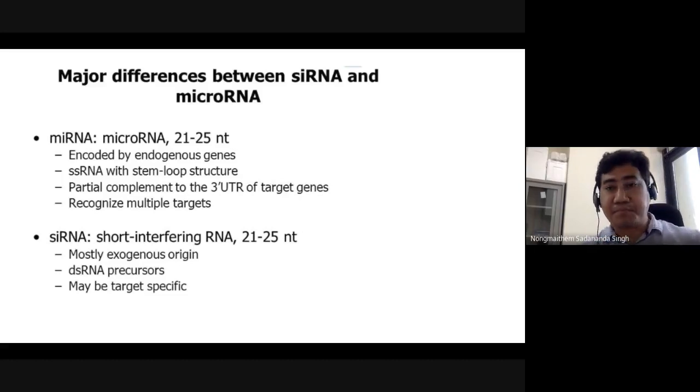But the exon many times matches together, microRNA and siRNA. Both of them aid in the cleavage of mRNA, so that there is no gene expression of the